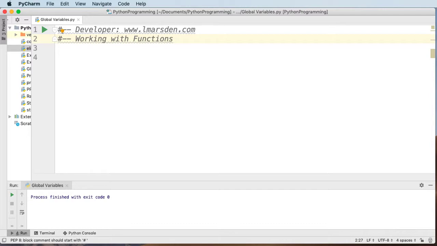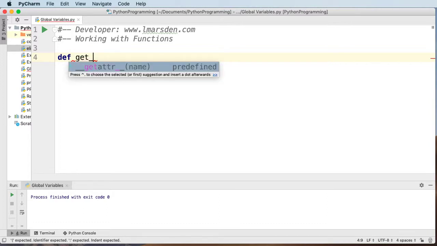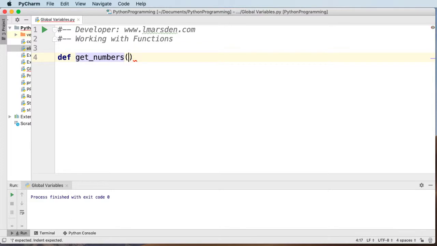In this session, we're going to look at how functions work. Functions allow us to group blocks of code together. We can declare a function by using the term def, which is short for define. Then we can give the function a name. There are different naming conventions you can use. I'm going to be using snake case, and I'm going to call the first function get_numbers, bracket, bracket, and